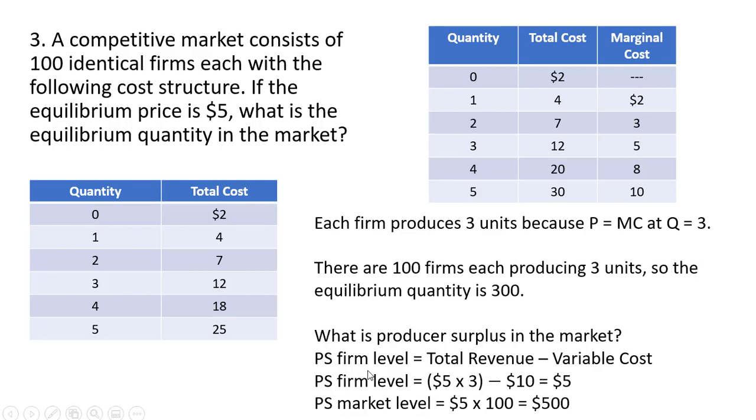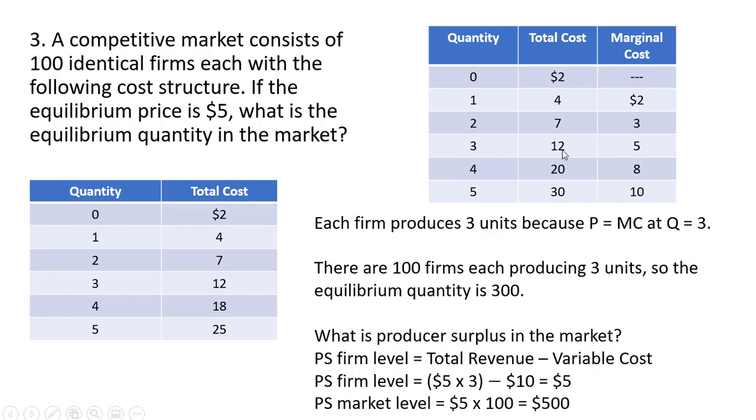Let's calculate producer surplus first at the firm level. So at the firm level, we can calculate producer surplus as total revenue minus variable cost. Total revenue is going to be, for the individual firm, they are selling 3 units at $5 each, so that's going to be 5 times 3, or $15. The variable cost at 3 units of output is going to be the total cost at